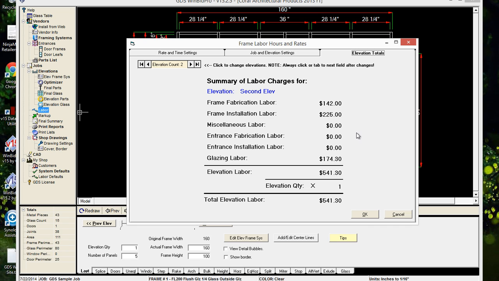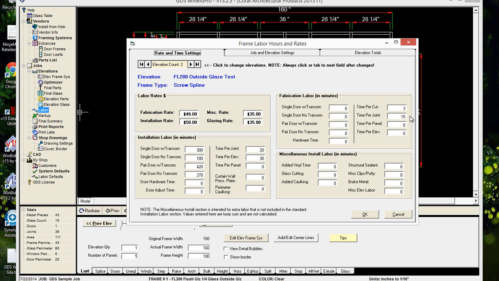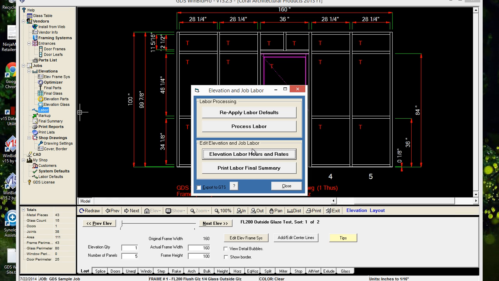And for the second elevation, it went from 62 to 142. So you can see the immediate difference there by just editing that value. And then the first elevation went from 182 to 436. So there I adjusted my fabrication labor a great deal just by adding the 10 minutes to the joint time. And you can see with this